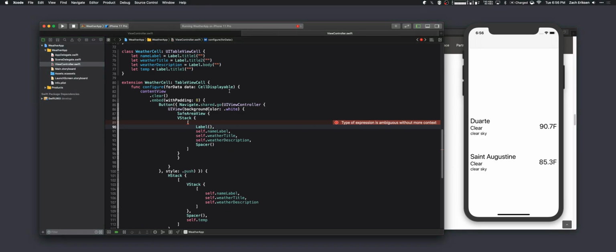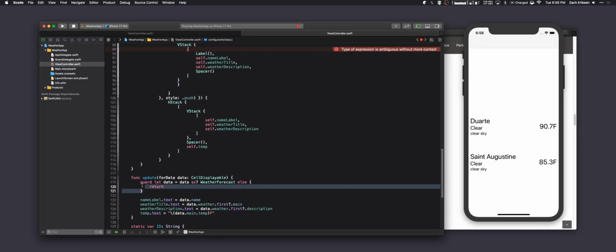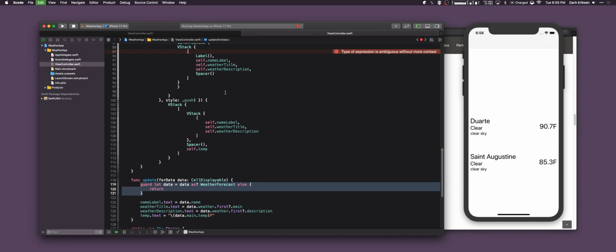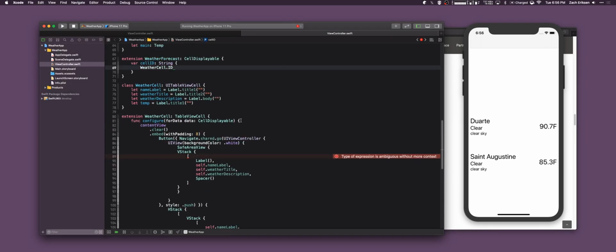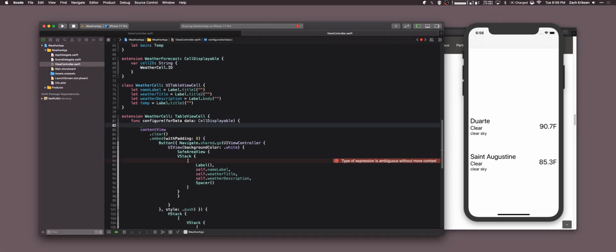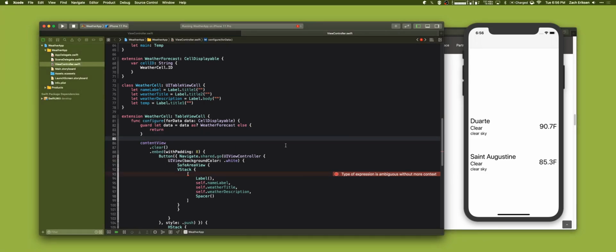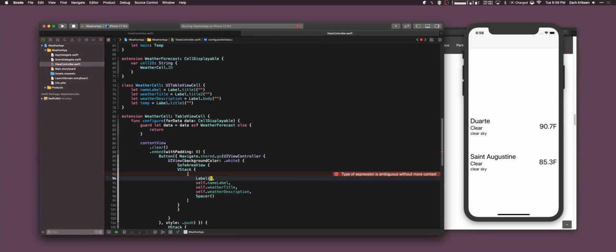Oh, yeah, so now we have the data. Okay. So if we do this and we don't actually reference the same views, because you shouldn't reference the same views. That's kind of just a cheesy thing that I can do since I'm all in one file and all scope. But yeah, now we can do data dot